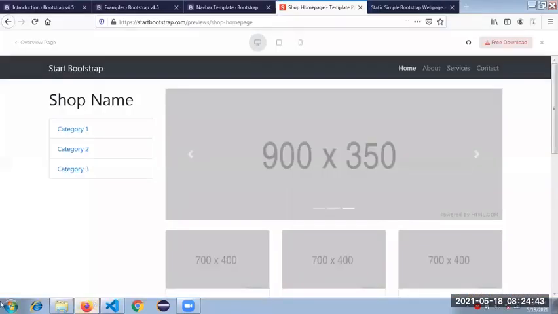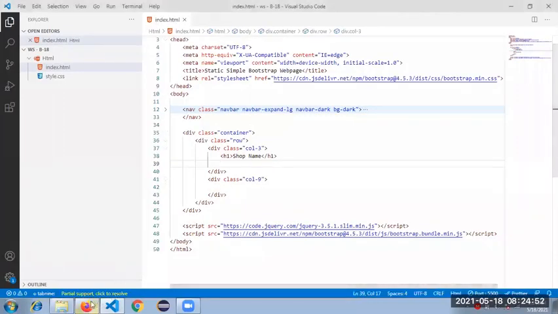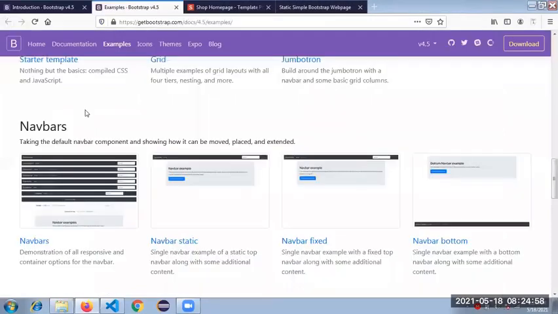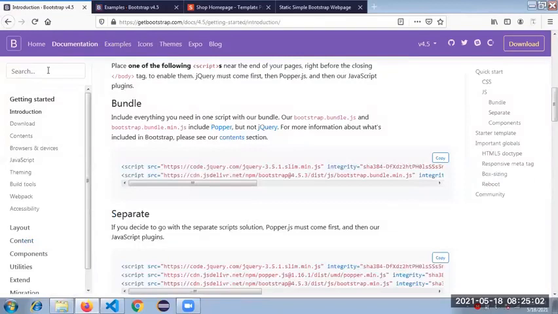What next? Something like hyperlinks has to be displayed, right? So in Bootstrap, let me close this. We have something called list group.